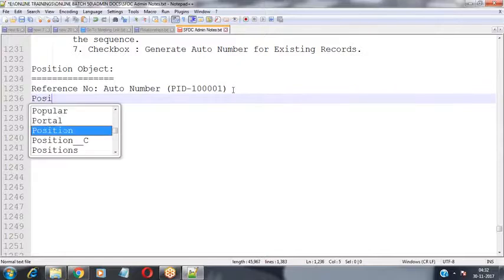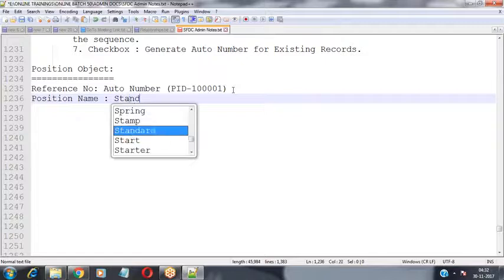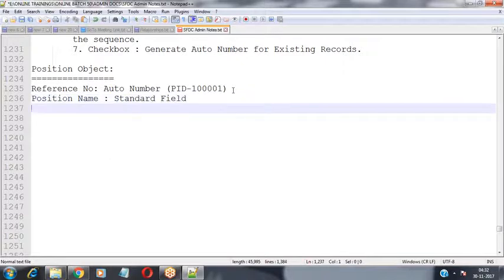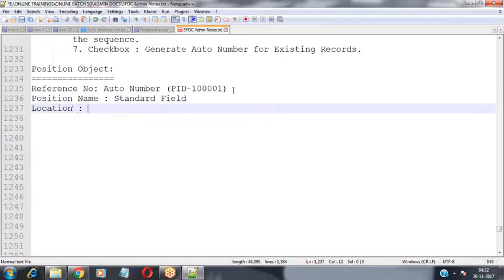We have to specify the position name also, nothing but the name of the position. Do we need to create the name field? No, this is already a standard field, so no need to create this. And then the location of the position, nothing but the location the position is associated with. Is this for the Bangalore location, or Hyderabad, or Chennai? In this case, I would like to populate a set of location values from which the project manager has to select.